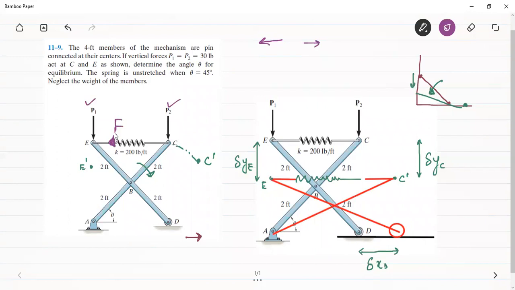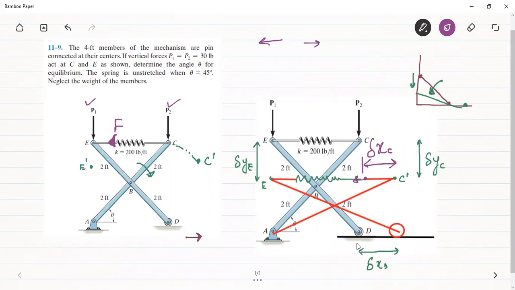The restoring force will be shown in this direction. For this restoring force, we also need which displacement? The x coordinate of C, that is delta x of C, isn't it? Because here a restoring force is acting in this direction, opposite to that of the displacement.